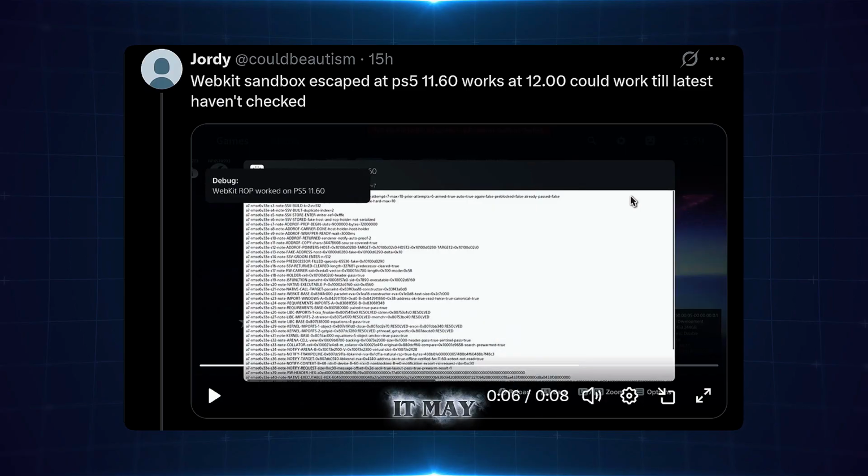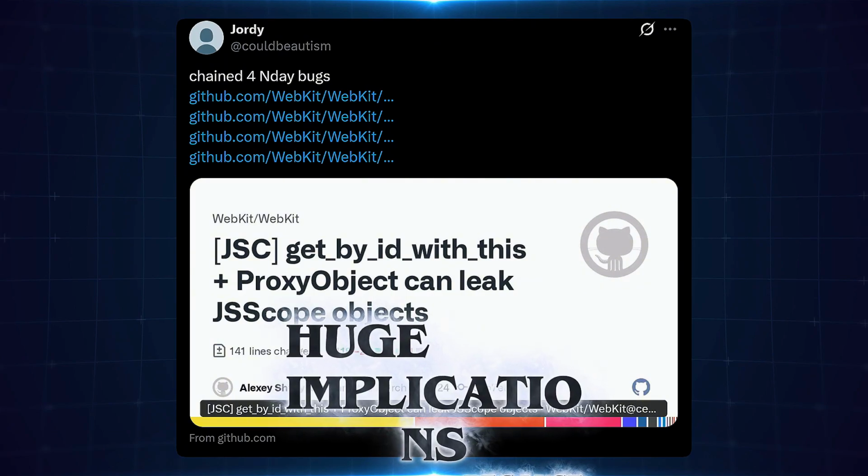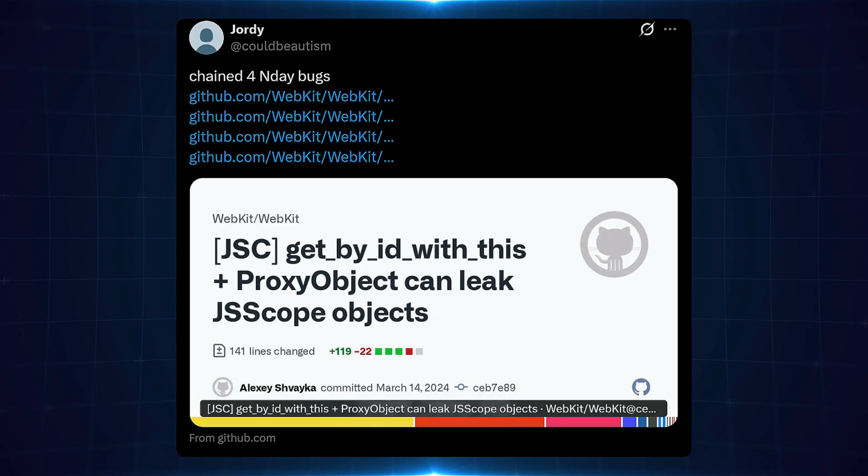So it appears that it may work up to 13.60, but this exploit seems to chain 4 different vulnerabilities together to actually make it work, which is just incredible that they managed to go through all of that work to get this working. So this would have huge implications because not only would, again, future kernel exploits be able to